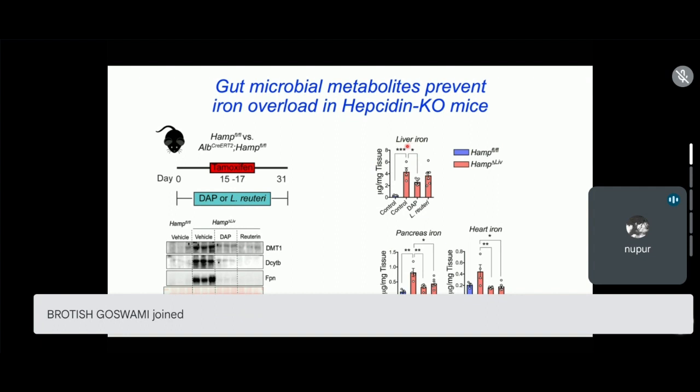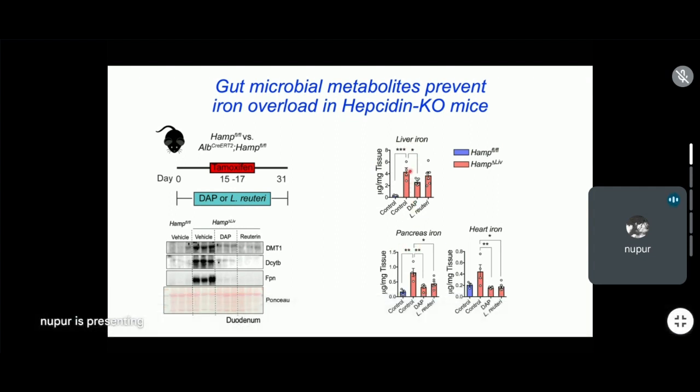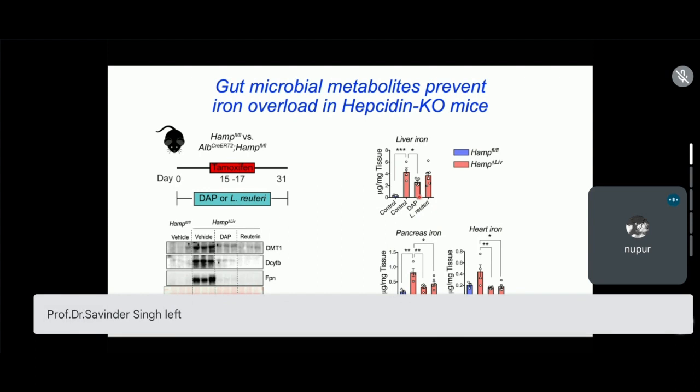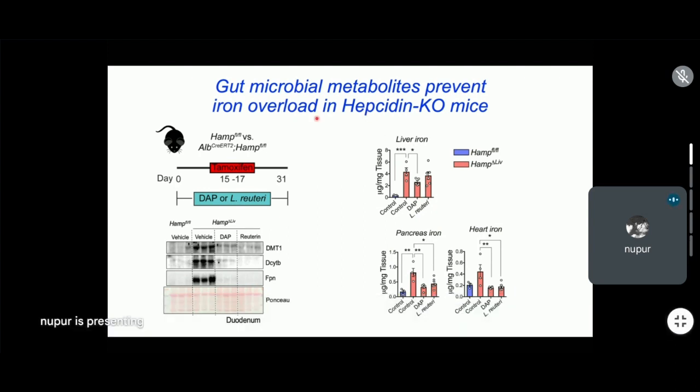What it does to the systemic iron level, you can see here. If you look at the liver iron level, pancreas and heart, you see the controls. For example, in the knockouts, a huge amount of iron is getting into the system and depositing. So this is a good model: hepcidin knockout is creating systemic iron overload. Now we can see that with these chemicals or drugs, diaminopropane and reuterin, the systemic iron level is significantly improving. So we can confidently say that gut microbiome metabolites can probably be a good target to prevent iron overload